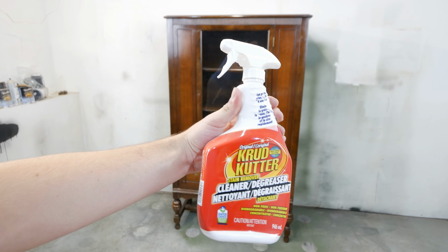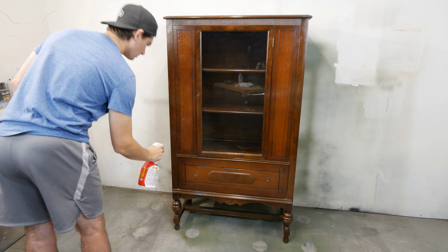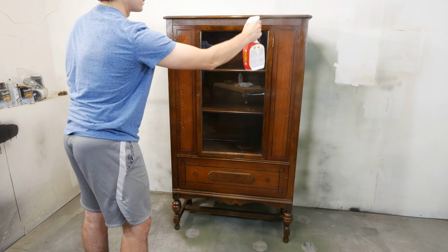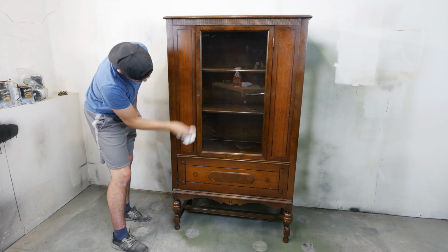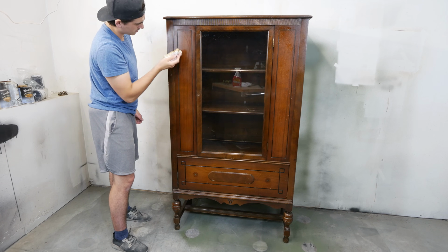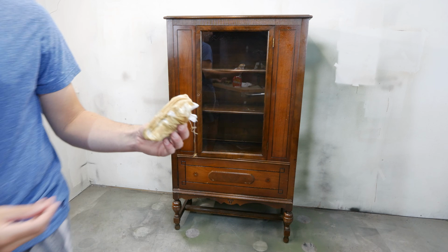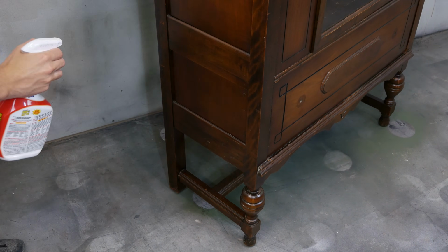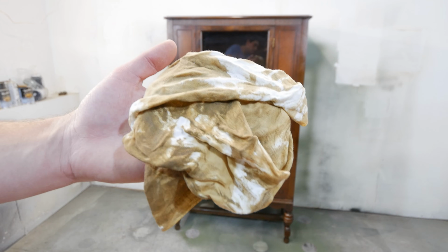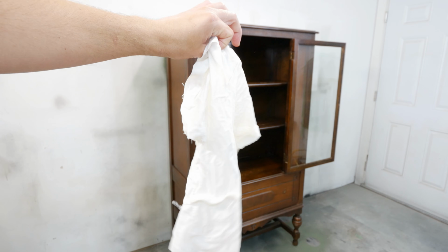Now on to the most important step of this project, which is to use a degreasing product. I'm using Crud Cutter. We want to clean this piece up as best as possible. This piece has been sitting around for a long time, and since I bought it at an auction, I have no idea where it's been, but if you just take a look at this rag, look how dirty it is. Look at that. I think there's like an old finish or something just on the surface, so it just comes right off. I'm not really sure, but it is filthy, and if we don't clean this stuff off, it's likely